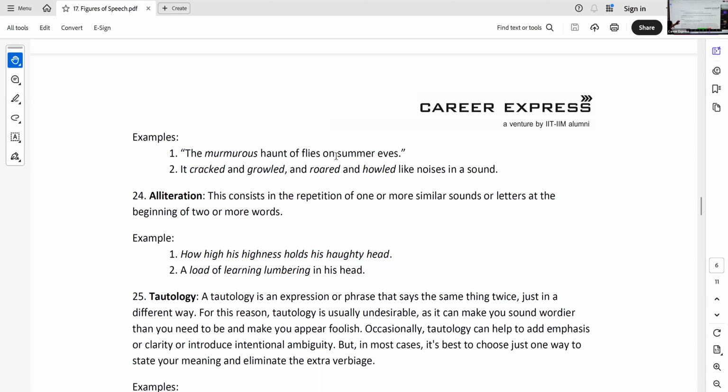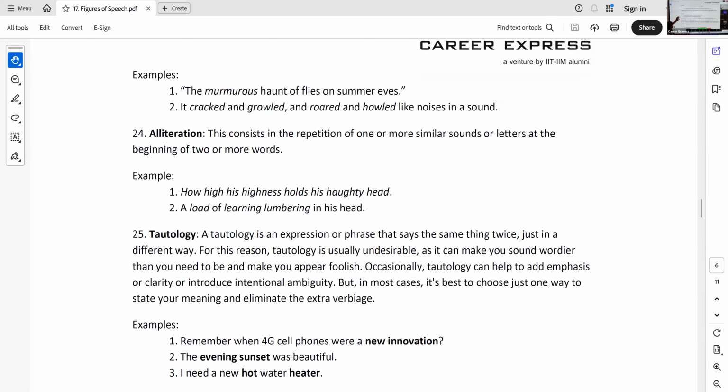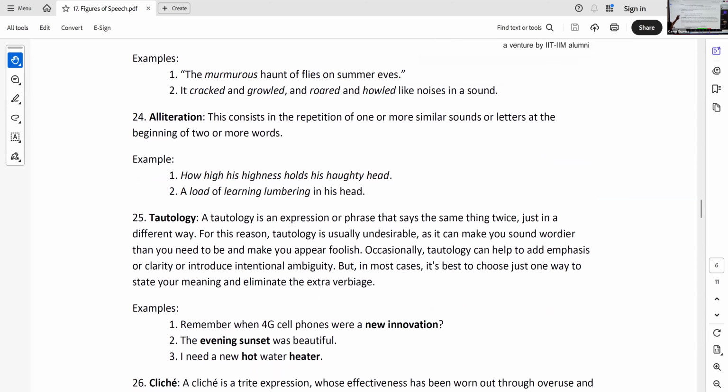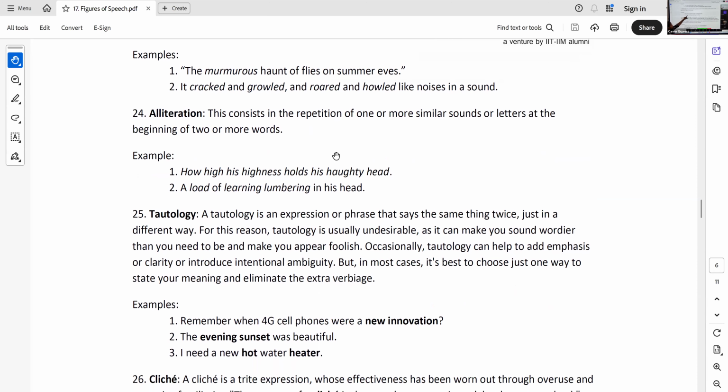Alliteration. Alliteration is when the first sound of successive words are repeated. You've heard of these tongue twisters. Betty bought a bit of butter, but the butter was bitter, so she bought another butter to make the bitter butter better. B, B, B, B. That is alliteration. Do you have consonants?